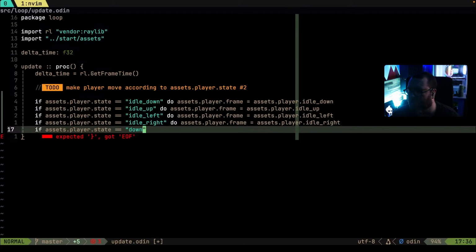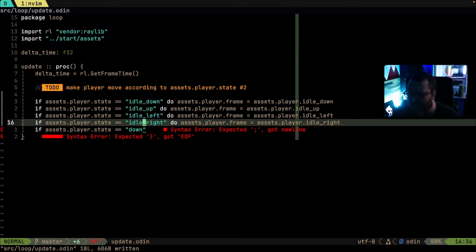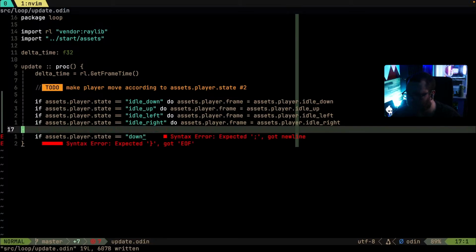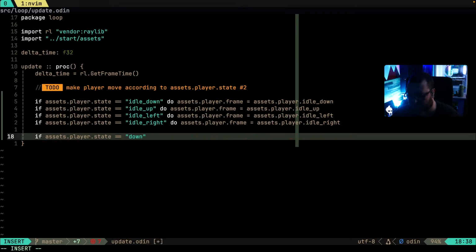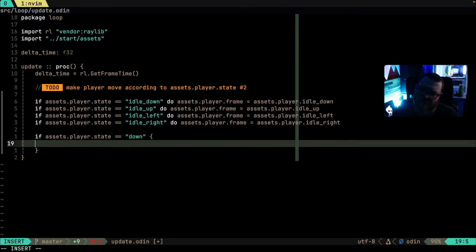I guess we'll do it like this. So I hate switch statements. This all could be a switch statement, but I kind of don't want it to be. I think what we need for this is